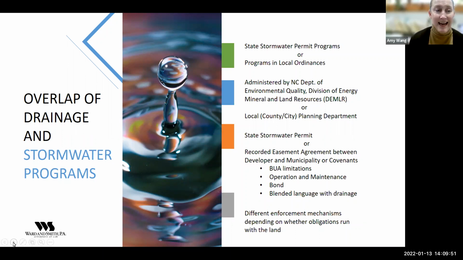So while there may be state and local stormwater regulations, there isn't a statewide drainage regulation scheme. So you may see a lot of overlap between stormwater being addressed at the state and local level, but your drainage is only going to be addressed at the local level. This is part of why the concepts of drainage and stormwater and localized flooding get conflated, and it can be very confusing when you don't deal with this on a daily basis. And you will see some of this confusion within and among your community members.